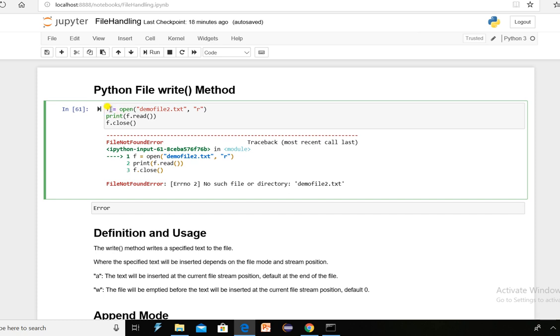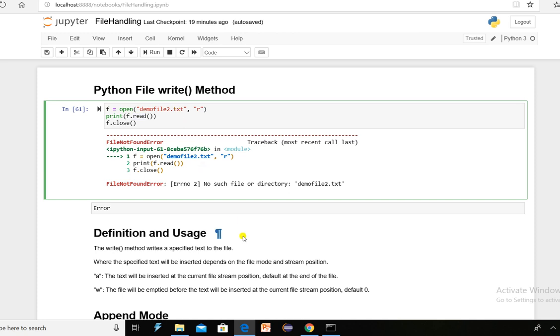In a similar way, with this file handler F, you can open your file, close your file, read your file, write the content in your file. So this is the remote for demofile2.txt. By using this remote, we have chosen the option that is read.